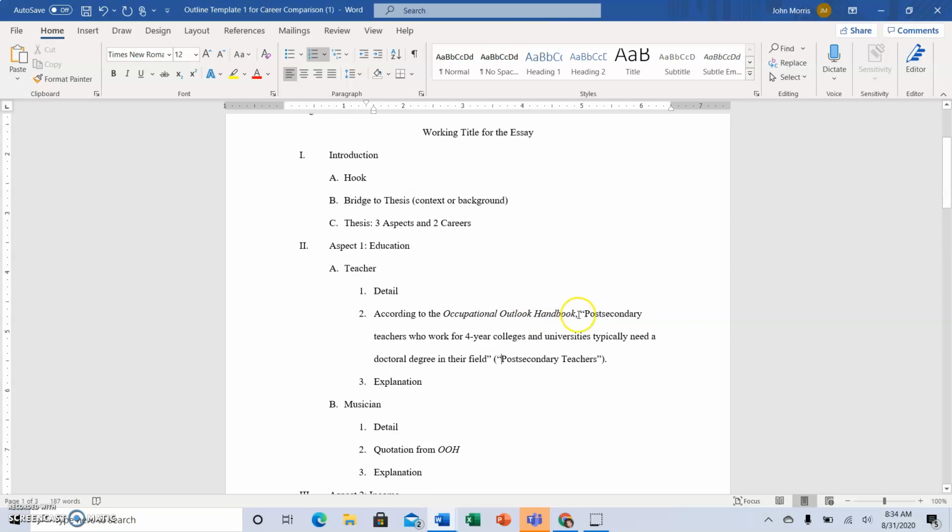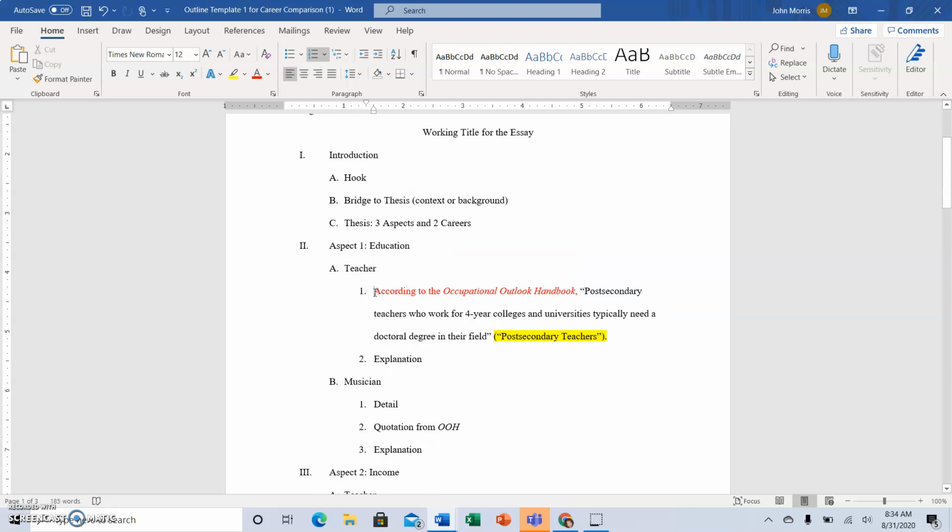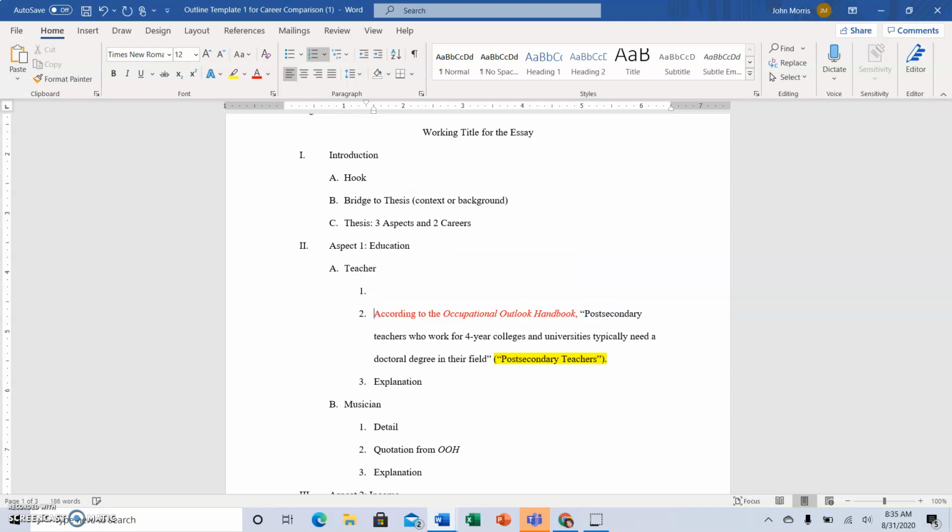Now, I know from the quote burger paragraph method that the red is the ketchup, my signal phrase before the quote, and then my parenthetical citation is the mustard, so it is yellow. I always use just the highlighter there. The detail is the main idea sentence, right? So, whoops, I hit backspace, and now I need to hit enter to make that one appear again so I can type my main idea sentence, which is,